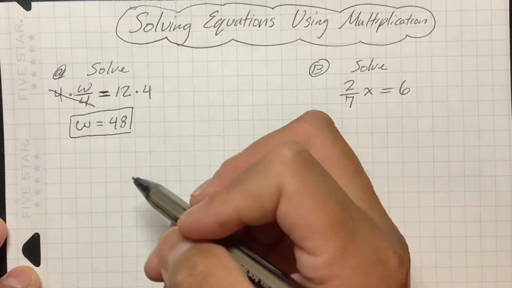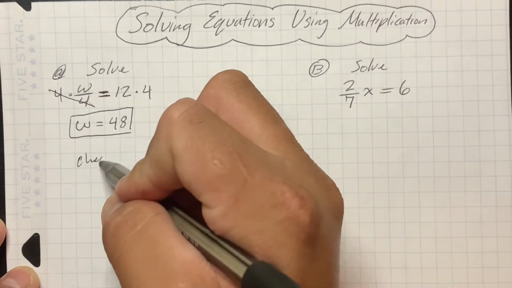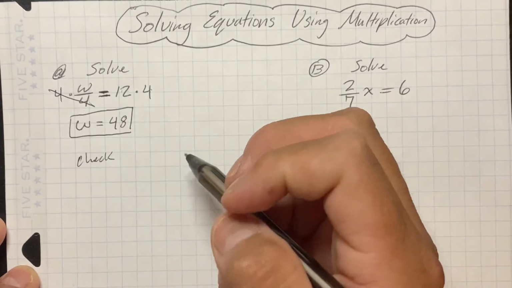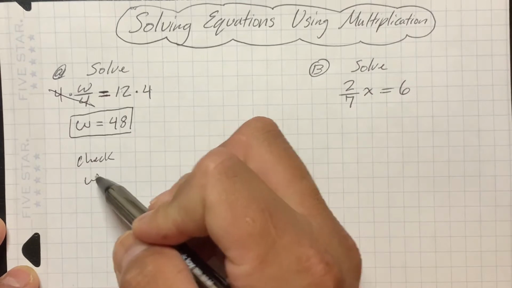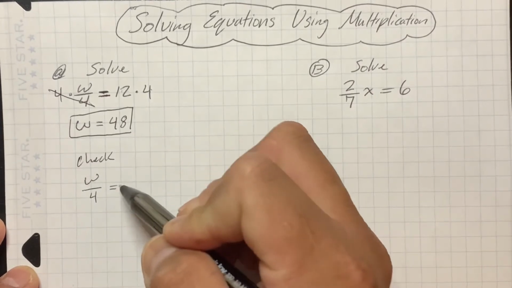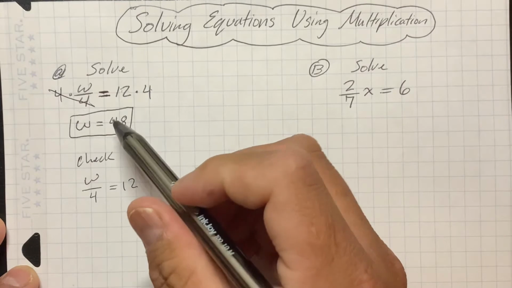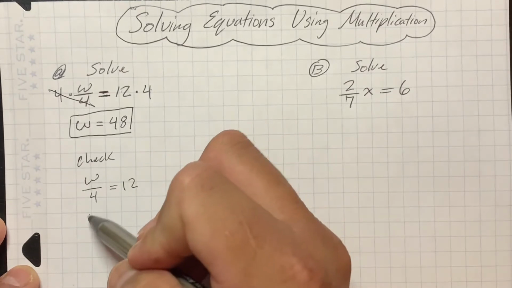So now what we have to do is check. We're going to check to see if this is true. So let's rewrite the equation. W divided by 4 equals 12. And if we insert 48 for W,